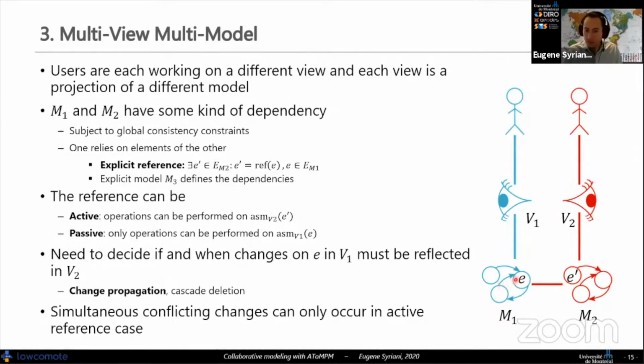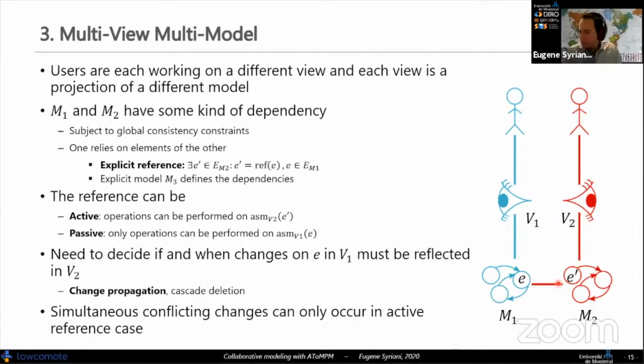For example, if I delete this element, should it also be deleted here and therefore deleted from the view, or should I leave it there as read-only, maybe marked as deleted? You can ask whether it must be approved. So that change propagation needs to be mitigated.